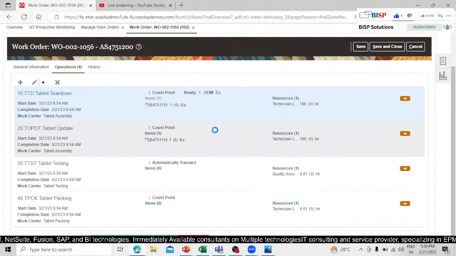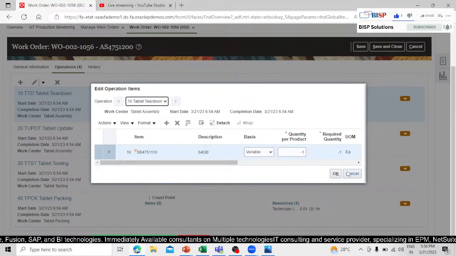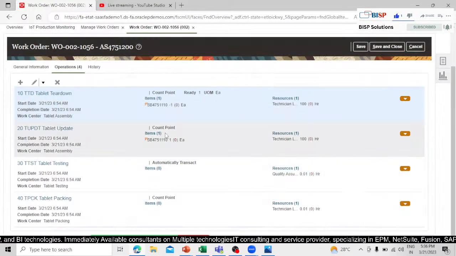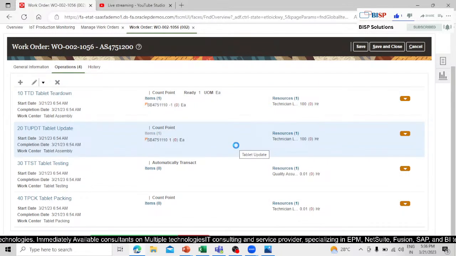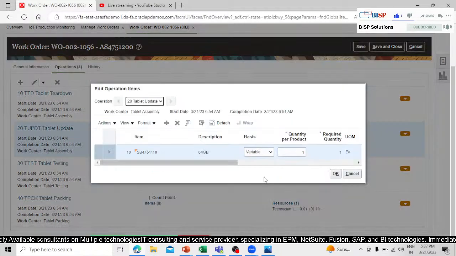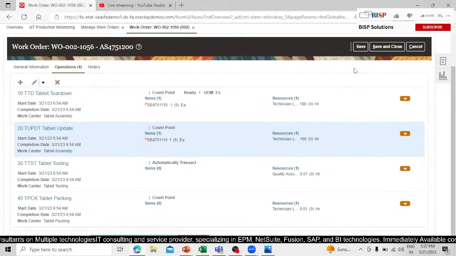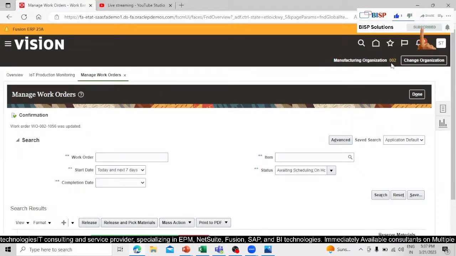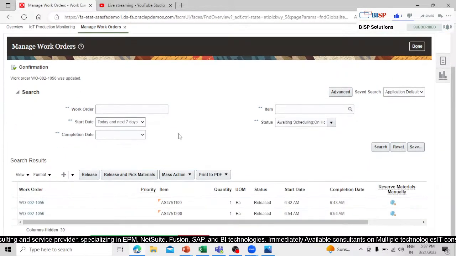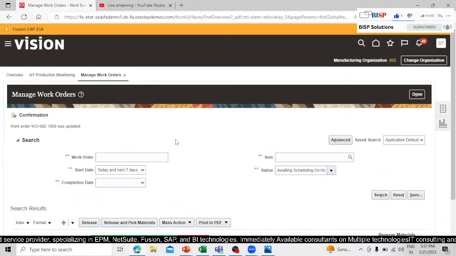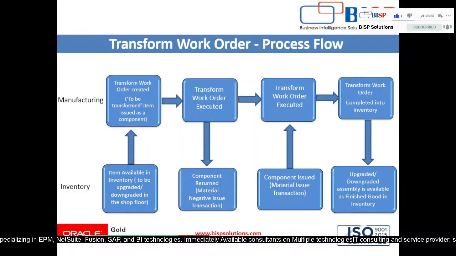You can click on this and you can the item, right? Now click on save and close. So this is how you can create the transform work order, right, in our manufacturing application, right? No issue. Now we have the